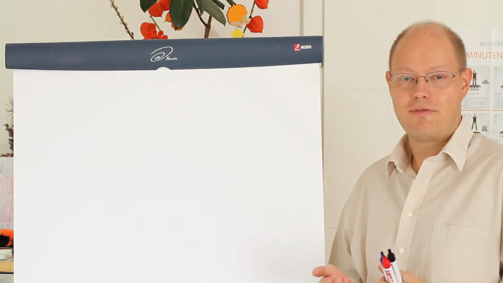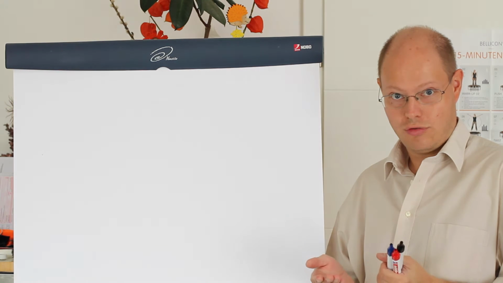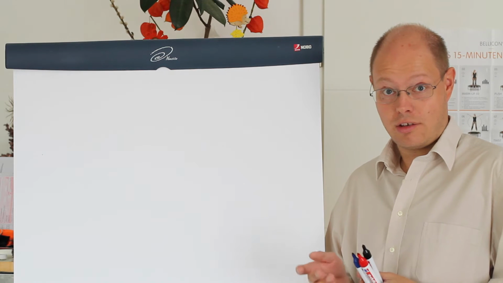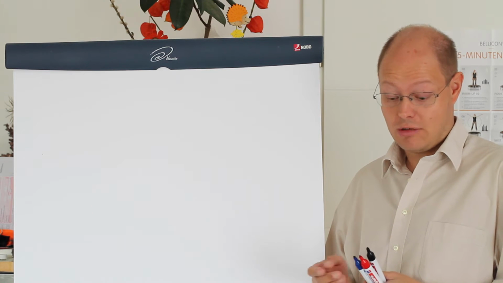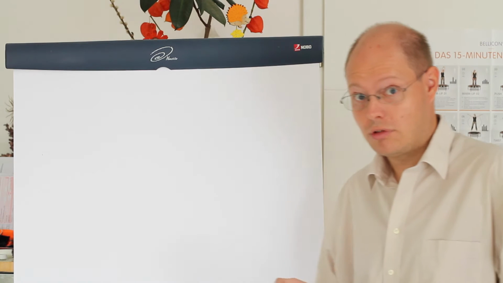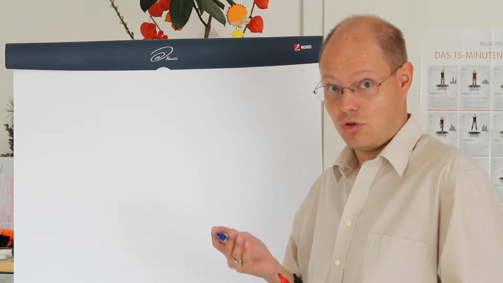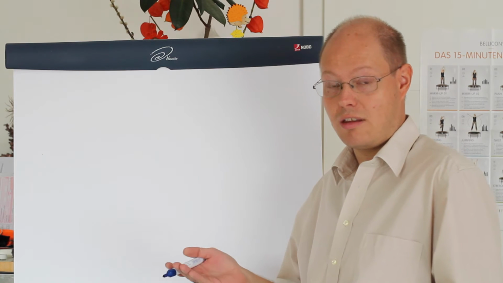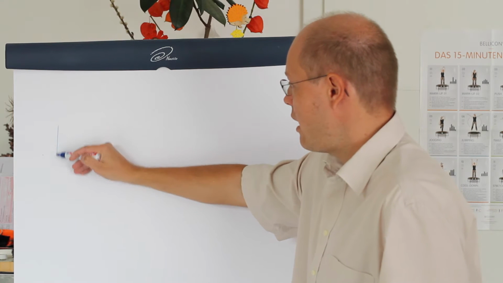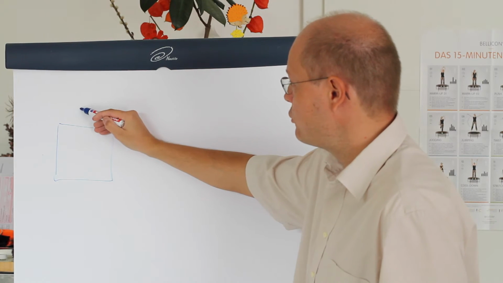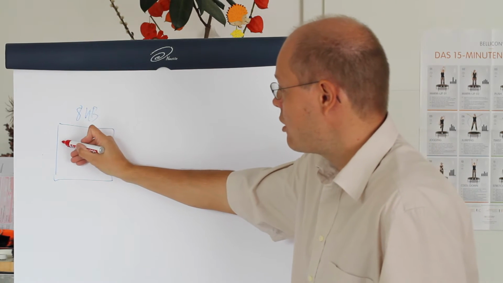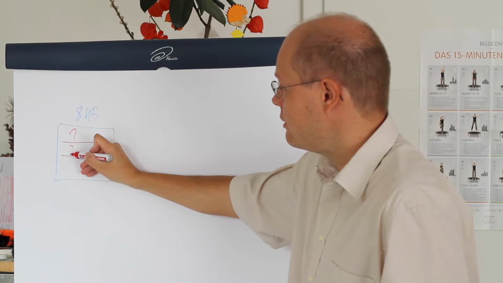I want to show you now on the flip chart the difference between a traditional row store index, so a clustered or non-clustered index, and a column store index which was introduced back with SQL Server 2012. A traditional row store index just means that we're storing our table rows on a row by row basis on a database page of 8 kilobytes. So we have our page of 8 kilobytes, and on that page we are storing our individual